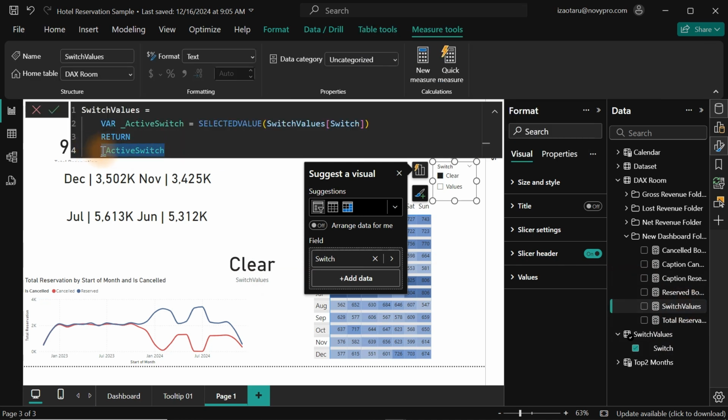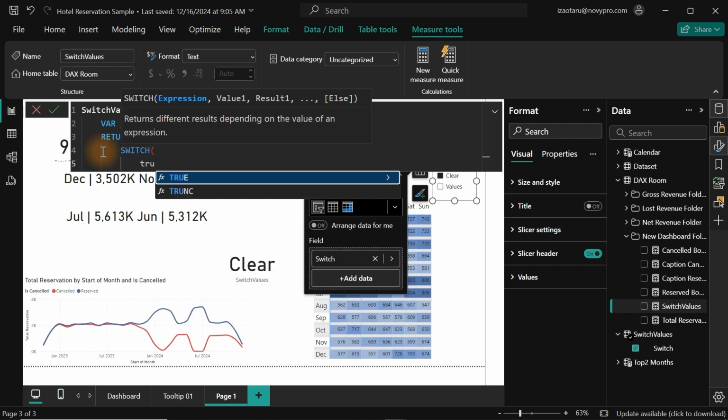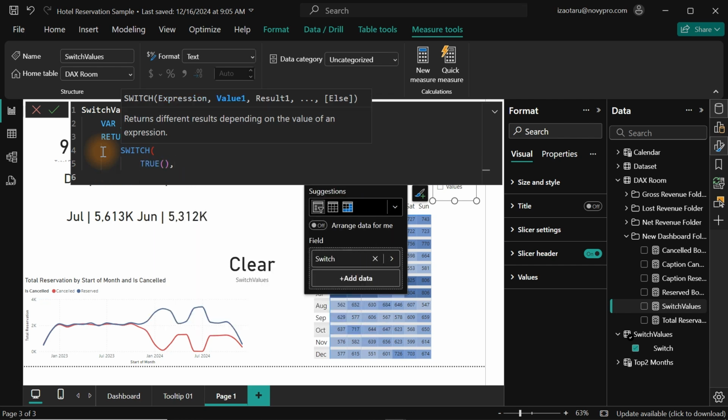Under the return right now, what we're going to do is to actually use the switch true function. You can use the if function as well to get it done. It's not complicated. So over here, let's do active switch. If it is equals empty, oh, sorry, clear. Then what we want is to use a particular color that has to do with transparency. This is not a color. This is to remove color. We're taking it to tick off colors, right? So I think what we can do now is to do